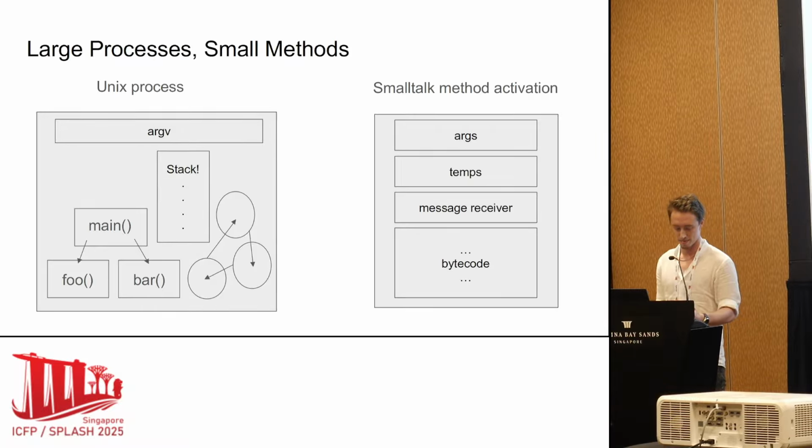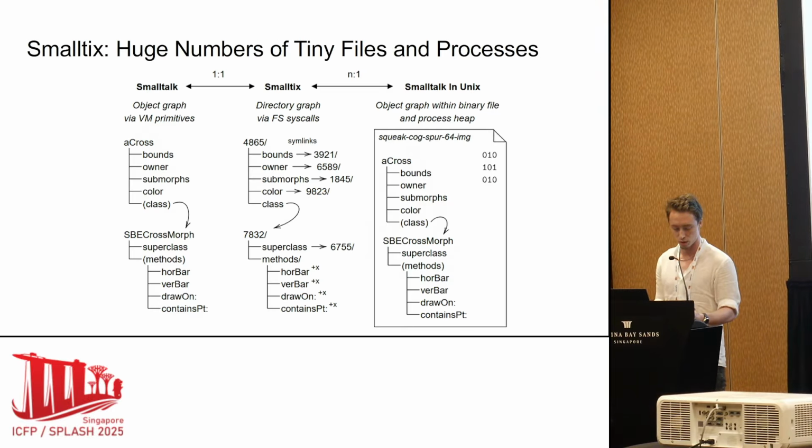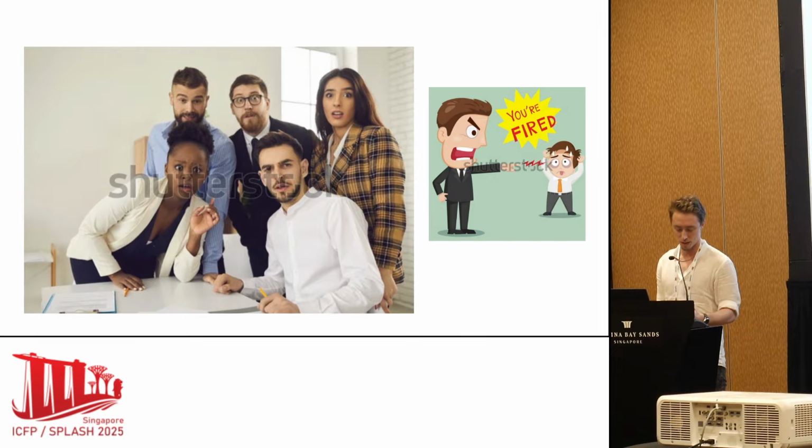Why is this? The answer becomes clear if we take this beautiful symmetry literally and ask what Unix would look like if it were programmed as if it were Smalltalk. Call such a vision Smalltix. If a Smalltalk application is made of a million tiny objects and methods, and method activations are constantly coming and going, what's the corresponding thing happening in Smalltix? Well, we have a million directories terminating in a million tiny files, and there are lots of small processes getting spawned and terminating every fraction of a second. Anyone who programmed this way would get fired immediately. It's a disaster. You just know it will be a slow, creaking, crashing mess.